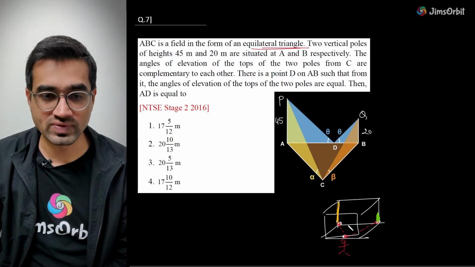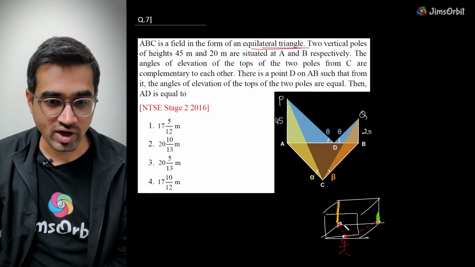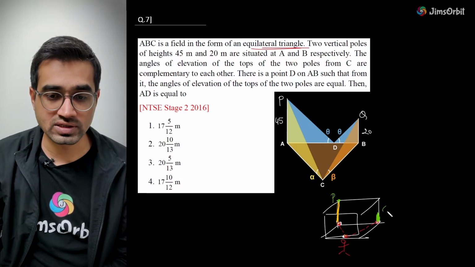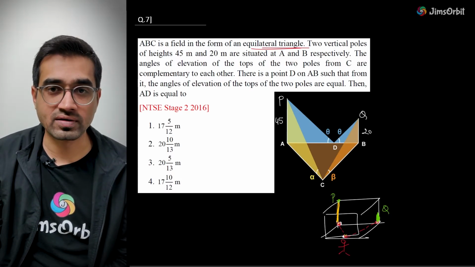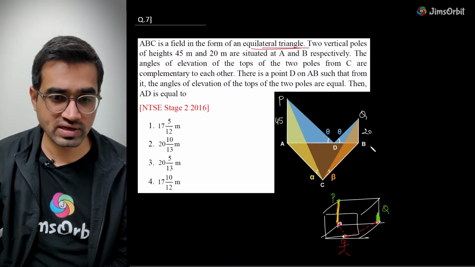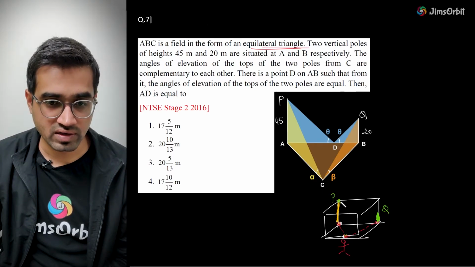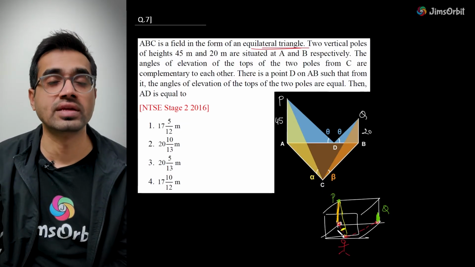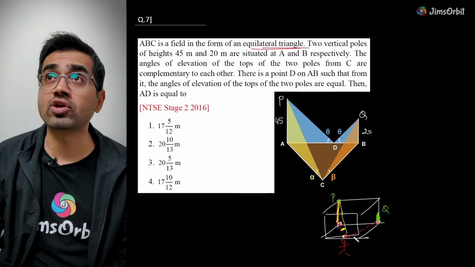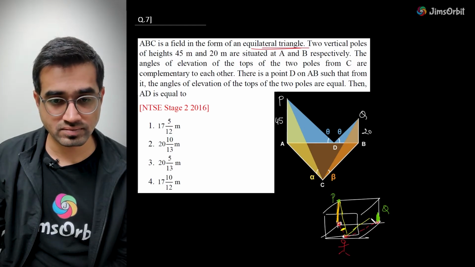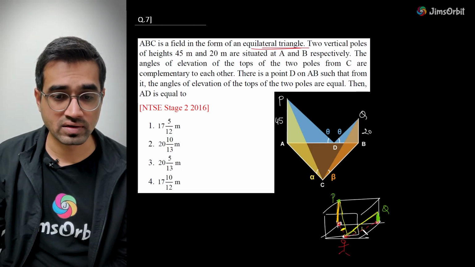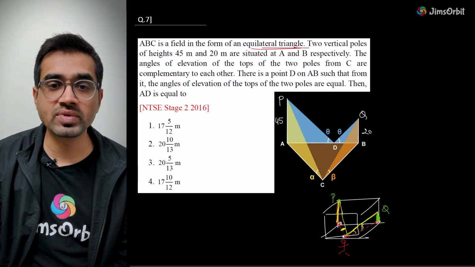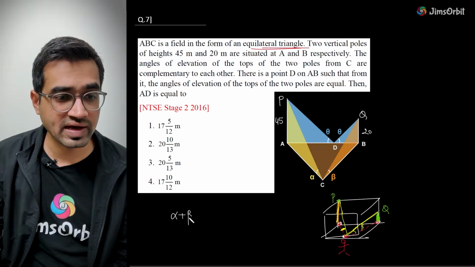Now you notice one thing. I am seeing the top of this pole, which is the point P, and this is Q. So we are watching it. I'll change the color. There is some angle of elevation because I'm looking at that side, correct? Now I'm looking at this side top. This is the second. Now these two angles, alpha and beta, are complementary. This means alpha plus beta is 90 degrees.